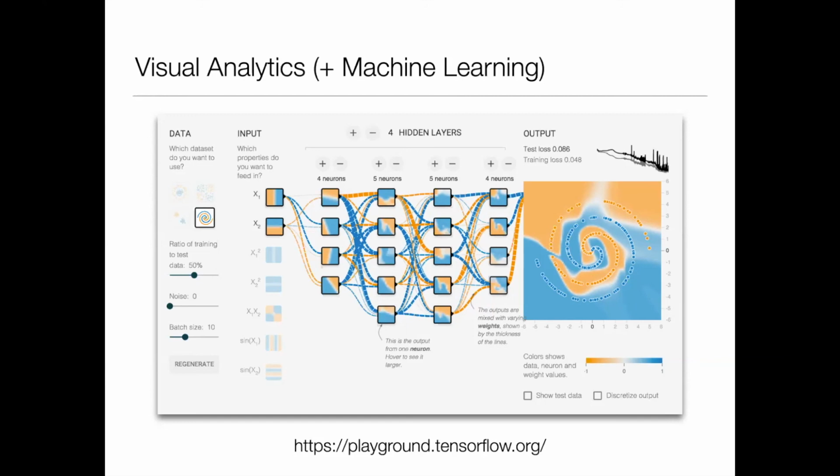For example, in this case, it's this spiral data set that is supposedly hard to classify because the points are all intertwining with each other. And then you play a little bit with the parameters of the network, and you can automatically see the preview of the results on the right hand side. So very quickly, you know if these parameters that you have set on your neural network have actually worked or not, right?